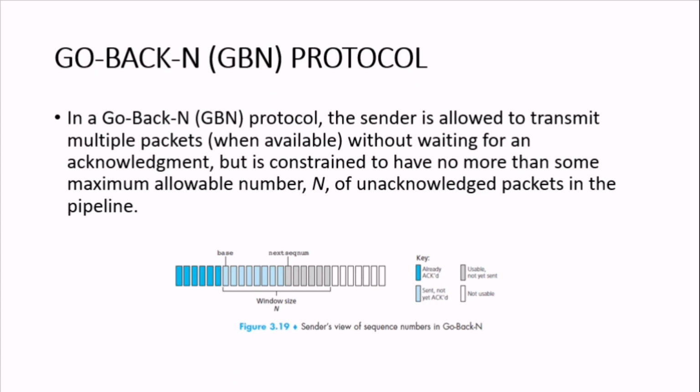In a GBN protocol, the sender is allowed to transmit multiple packets when available without waiting for an acknowledgement, but with the constraint of having no more than some maximum allowable number, which is N, of unacknowledged packets in the pipeline. So for example, from this figure,